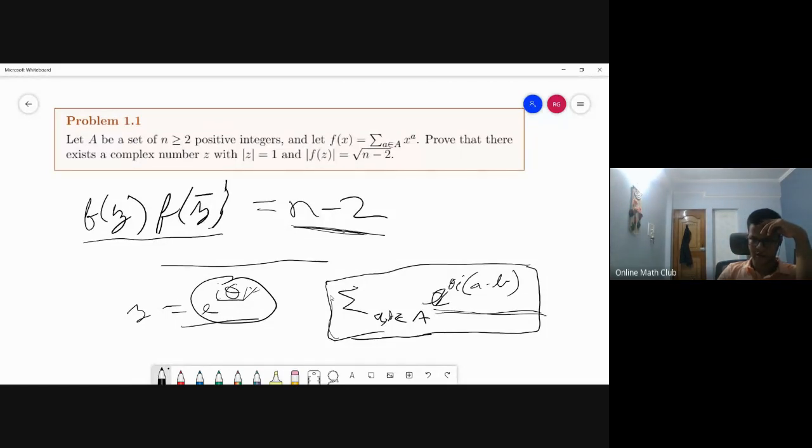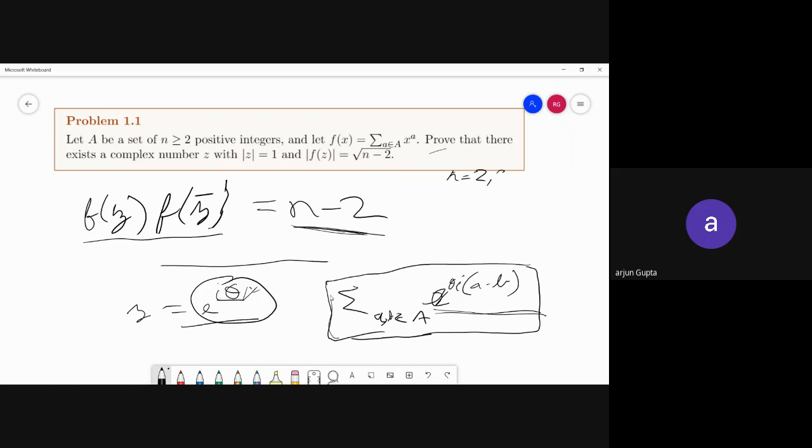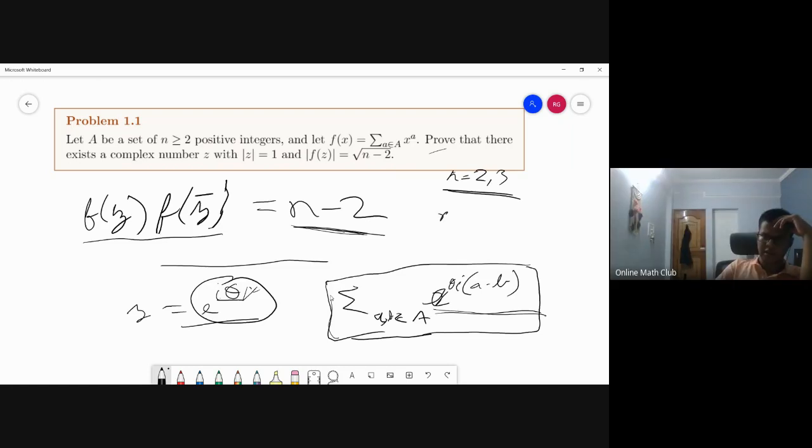This looks quite decent. The n equal to 2 and 3 cases are anyway easy to work with. I think we can try working with n equal to 3 and see how to do that. N equal to 3 is again direct, since it's x to the a plus x to the b plus x to the c. You just pick a root of x to the a plus x to the b.